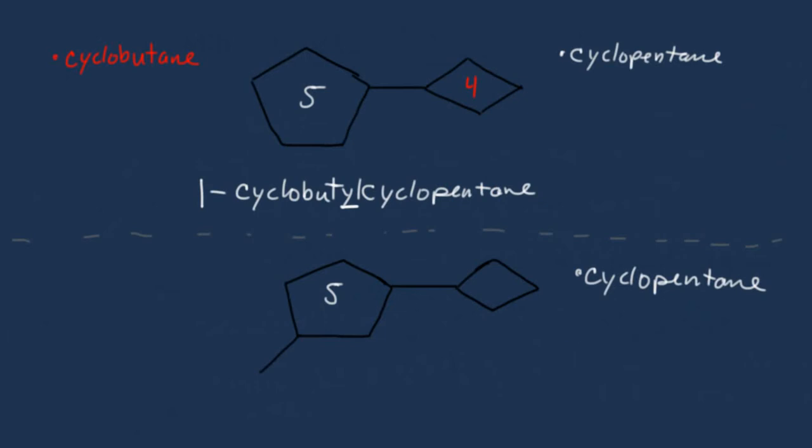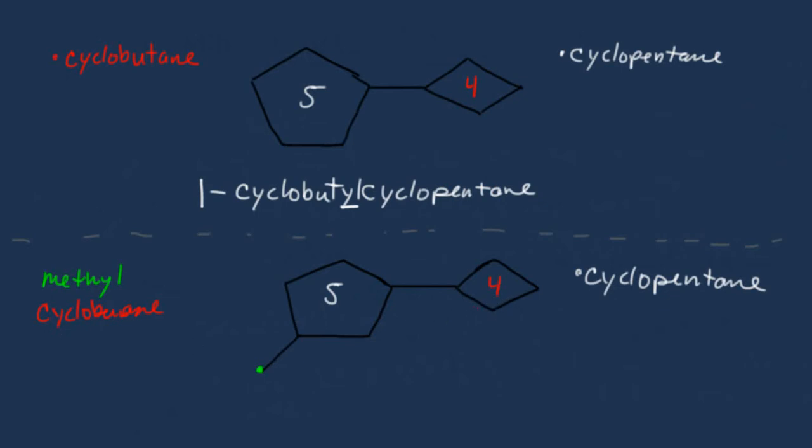Now let's go ahead and identify some substituted parts of this parent ring, and we have a methyl group out here. So I'm going to put a dot to represent the methyl group. So let's put a methyl, just write that, so we have that organized. And then again we have our 4 carbon cyclobutane. Alright, so we've gotten this far. Now we need to figure out how we're going to number these